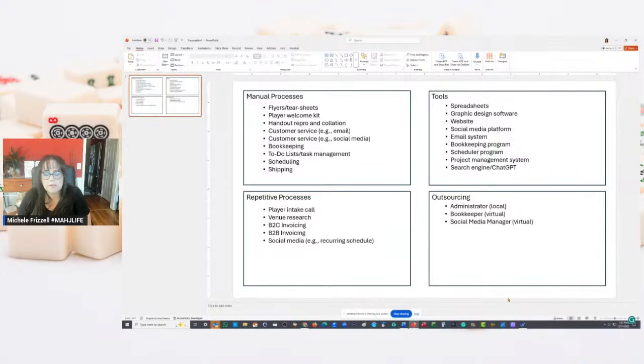This is a pretty good example of the process for identifying the areas that are the bottlenecks. Manual processes, repetitive processes, and then the second question on that list was prioritizing. And then the third question was tools, and then I added outsourcing. So that's done. Now let's go through and put on here